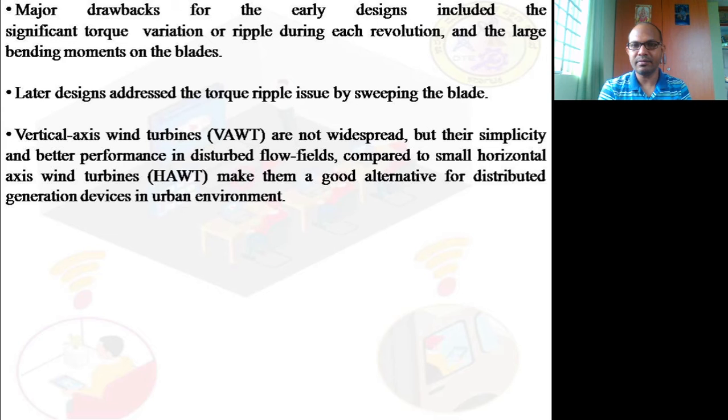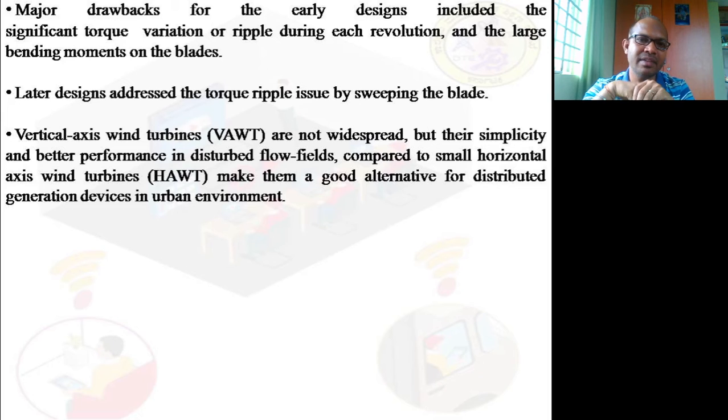There are ripples in each direction, and large bending moments on the blades. Now the beauty of this is it can rotate either clockwise or counterclockwise. Now you can ask me, sir, if it rotates in the clockwise direction and suddenly the wind blows in the other direction, it will rotate. Obviously, my dear friends, that is the reason why the energy that we are getting is an alternating current. So when we take alternating current as the output, it doesn't matter in which direction it rotates. It is designed in such a way that whatever direction the wind may come from, it will rotate and develop the power.